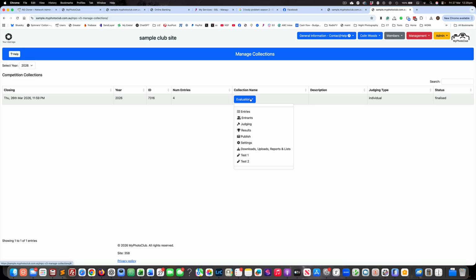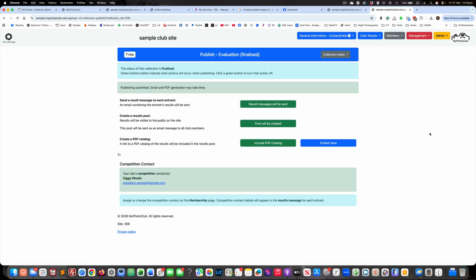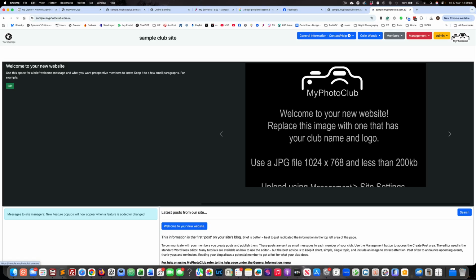So if I go back into the manage collections and I go to publish, you can see that these are the three things that it will do. It'll send a result, it'll create a results post, which appears on the home page, and it also creates a PDF catalog. So I want it to do all those settings, and I just click on publish now. Okay, so now that it's published,